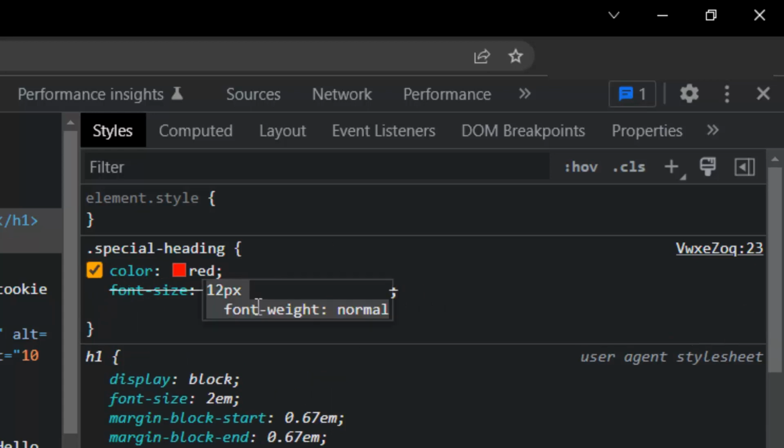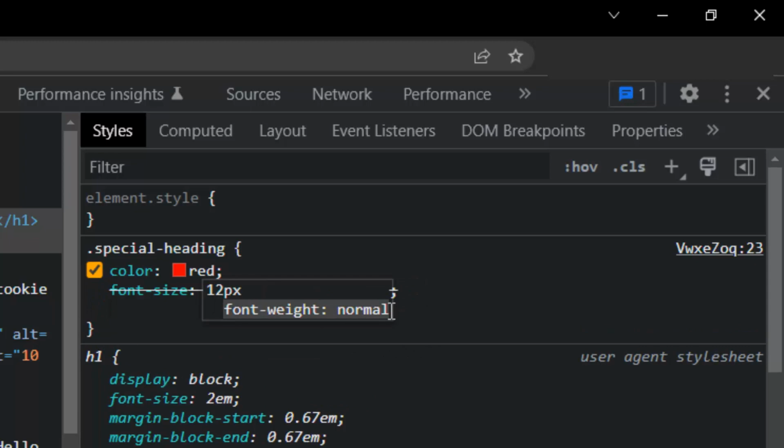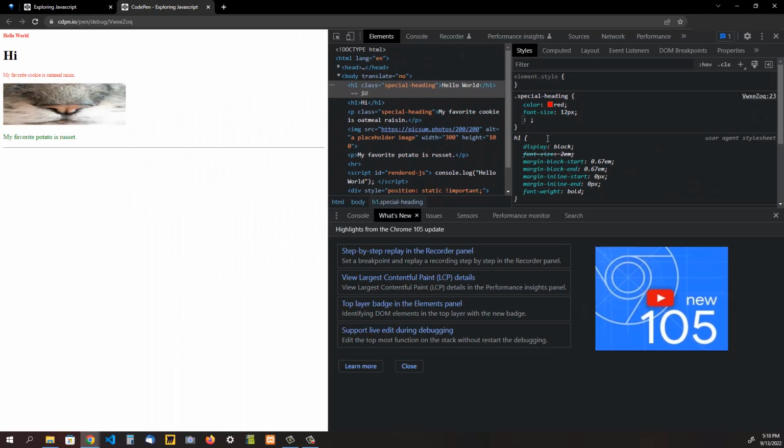So if I go ahead and add the semicolon, or let me just fix the value here, I'll just delete that. Now it's working, and I can see that my font size is small. Now my other rule got deleted, but at least I could identify what was wrong with it. The other neat thing is when I hover over these elements, I can see these little highlights, and what that is